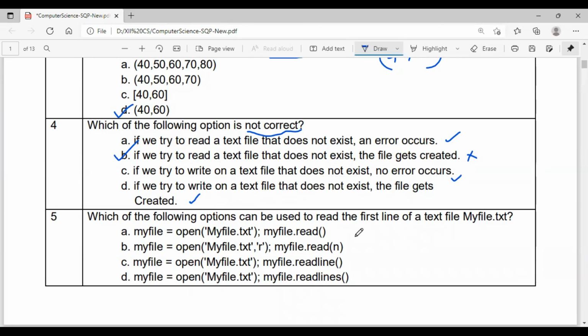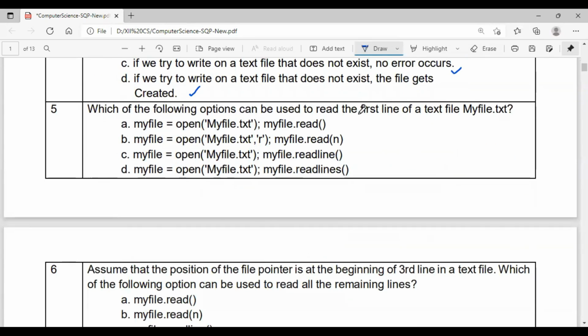Which of the following options can be used to read the first line of a text file, myfile.txt? You want to read the first line. You have a file object, myfile, and you have used the open method to open that text file. And myfile.read, what does it do? It reads all the characters. The second option opens in the read mode, but by default, even if the mode is not specified, it opens in the read mode only.